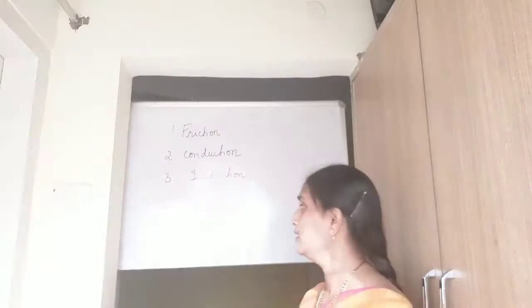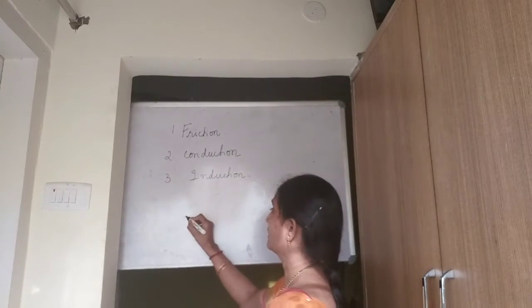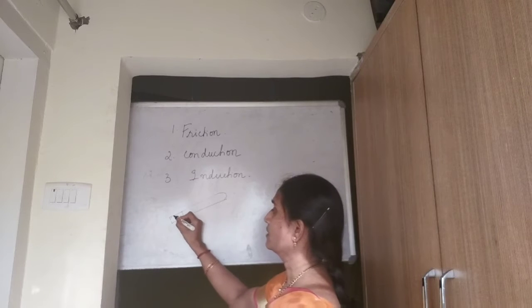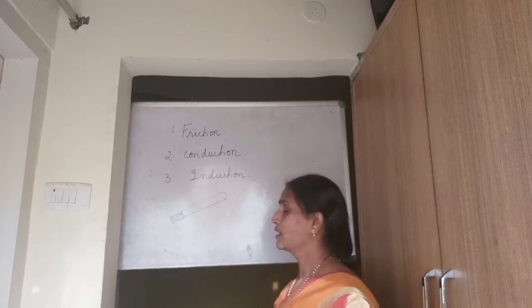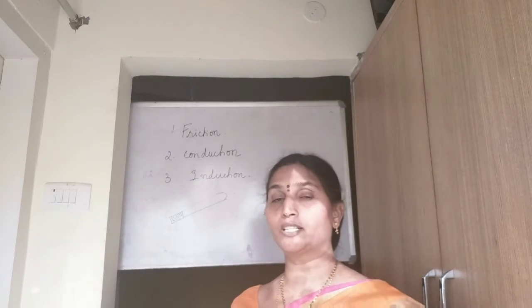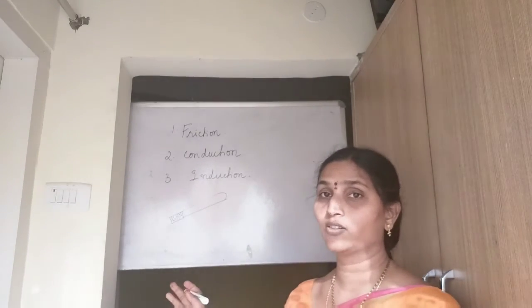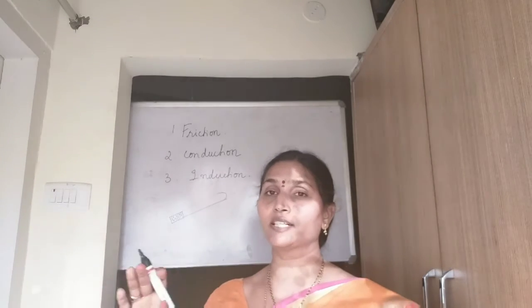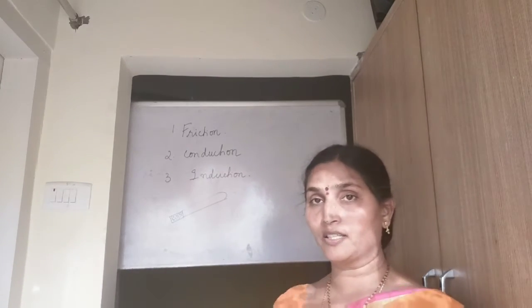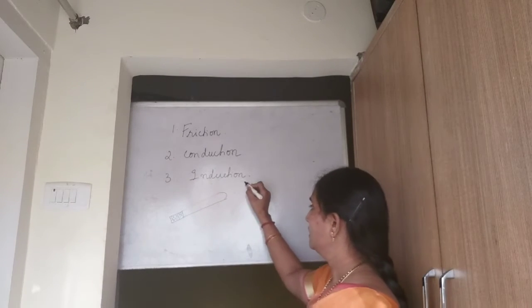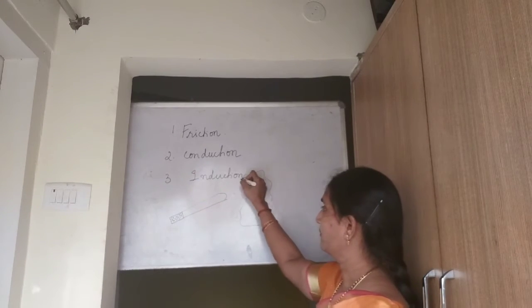Take a glass rod and connect it to a wooden handle, because wood is an insulator. If you don't have a wooden handle, charge will pass through your body and it will be earthed, so the charge cannot reside on the glass rod. To ensure that charge resides on a body, see that it has an insulating surface, that means an insulating handle here. So the glass rod has an insulated handle, and let this be a silk cloth.